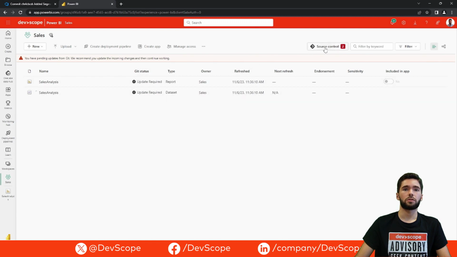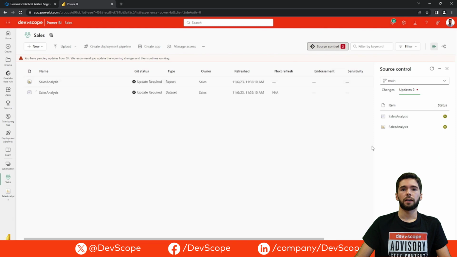We also have the source control option here, and we have two notifications. Basically we have two updates to be done, in this case again to the dataset and report, and we also have this little icon here that says that they have been modified. From here we just have to select Update All,